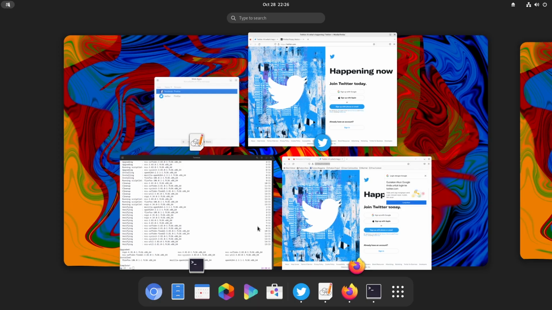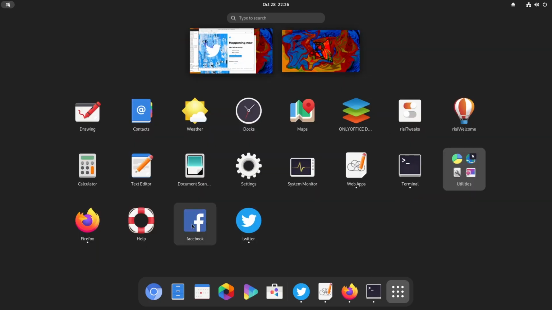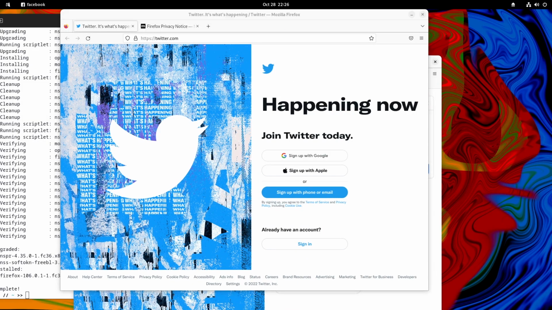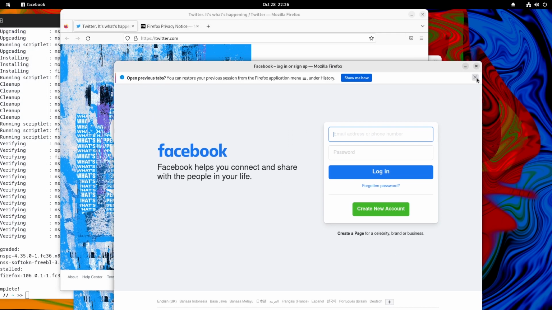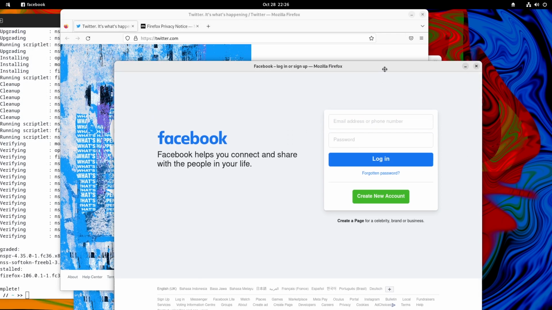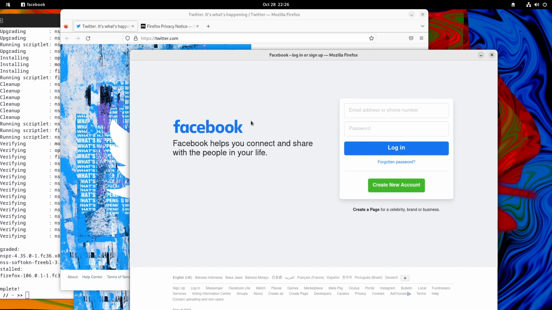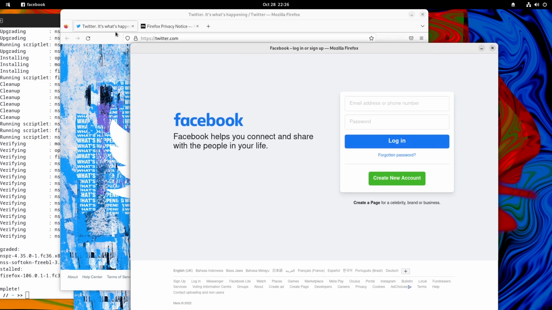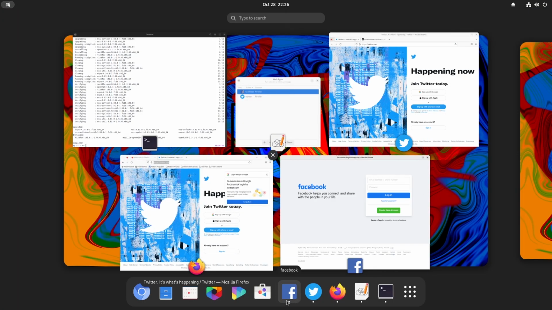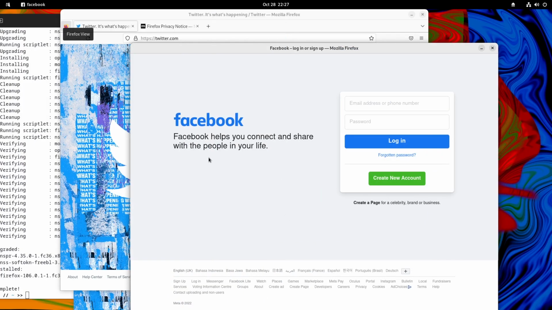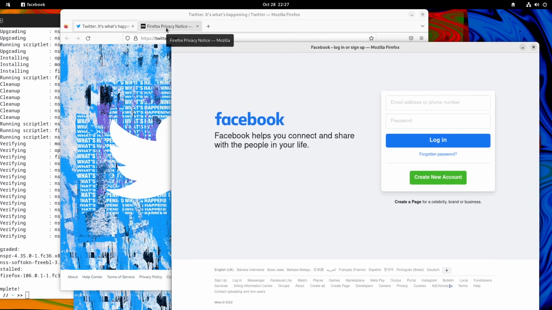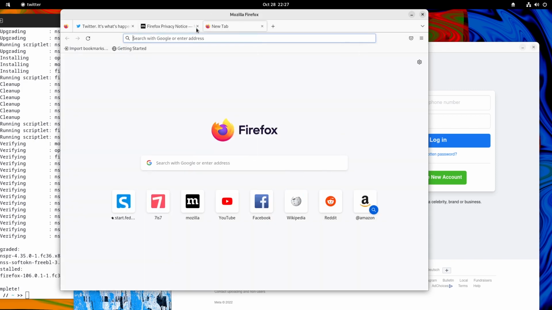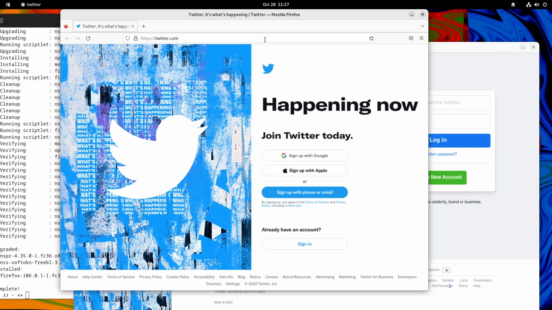Okay, but if we try the Facebook, you can see in this window there's no menu in this Facebook window, and I think if we open something like this page, we cannot add another tab just like this. Okay,